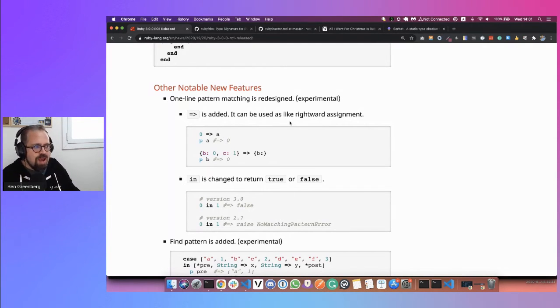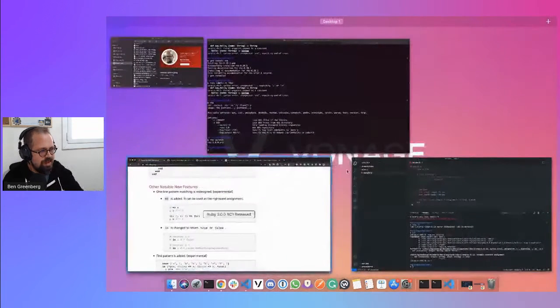So, for example, I'm not exactly sure what the benefit is of rightward assignment in the Ruby language. There's other examples of this coming in Ruby 3 as well, and we'll talk about those in a moment too. But this one we just happened to come across as we're going through the docs. I'm not exactly sure why that's there. It's cute, I get it, but I don't see really the purpose of it. But nonetheless, let's play with it for a minute. So this is the syntactical sugar to do rightward assignment. Let's look at that for a minute in IRB.